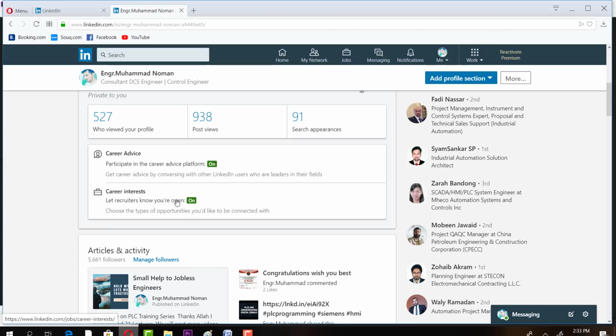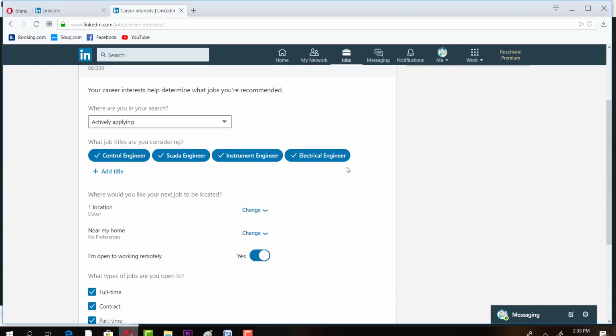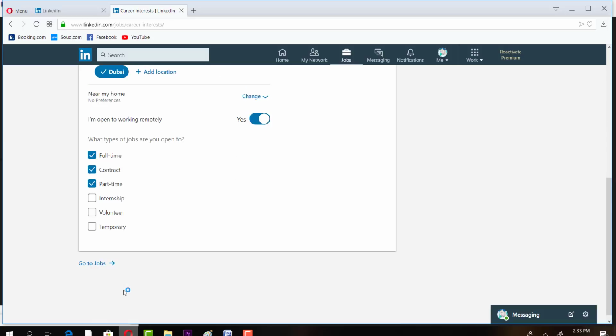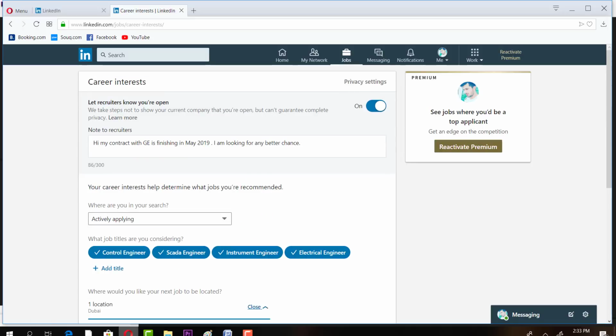Then you have to update your career interests also. There is a section where you can update your career interests, like which positions you are looking for. There is a question in the career interests about where you are in your search. Are you looking actively for a job? Make sure you select actively applying. You have to put in your location, because that will help recruiters know that you are available in the region. Then you have to select whether you're looking for full-time,